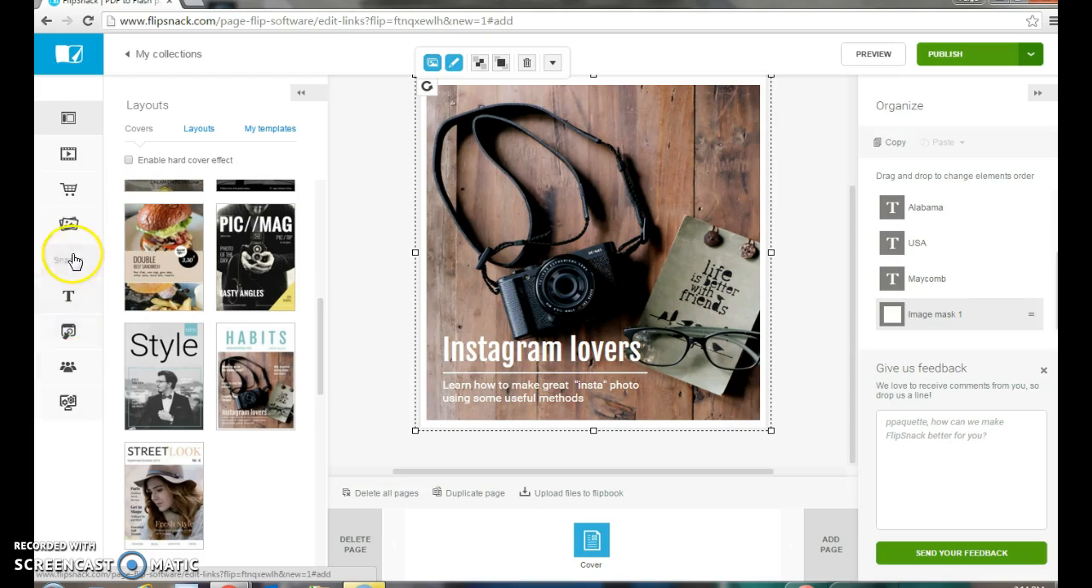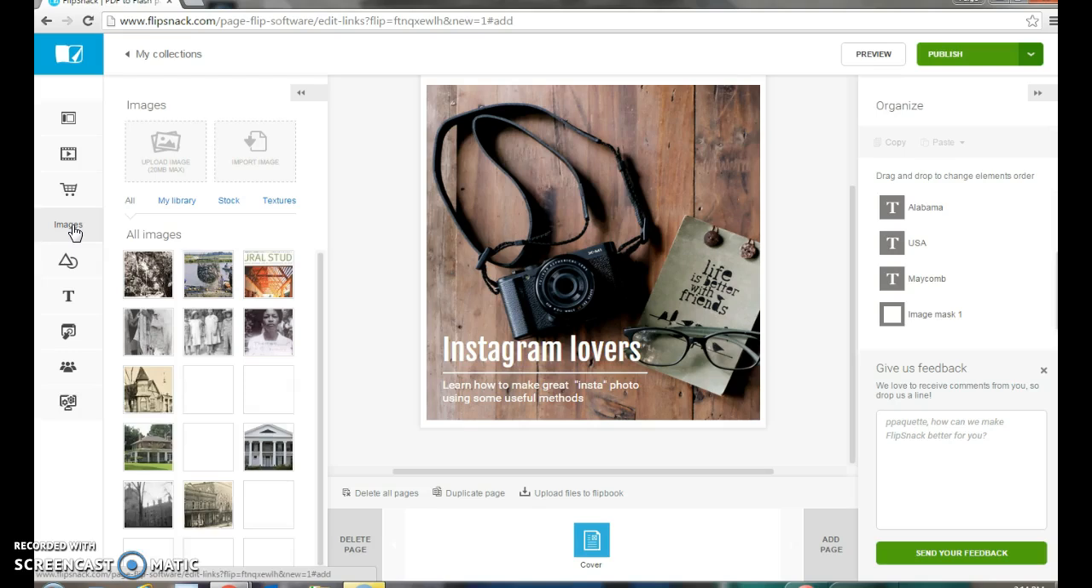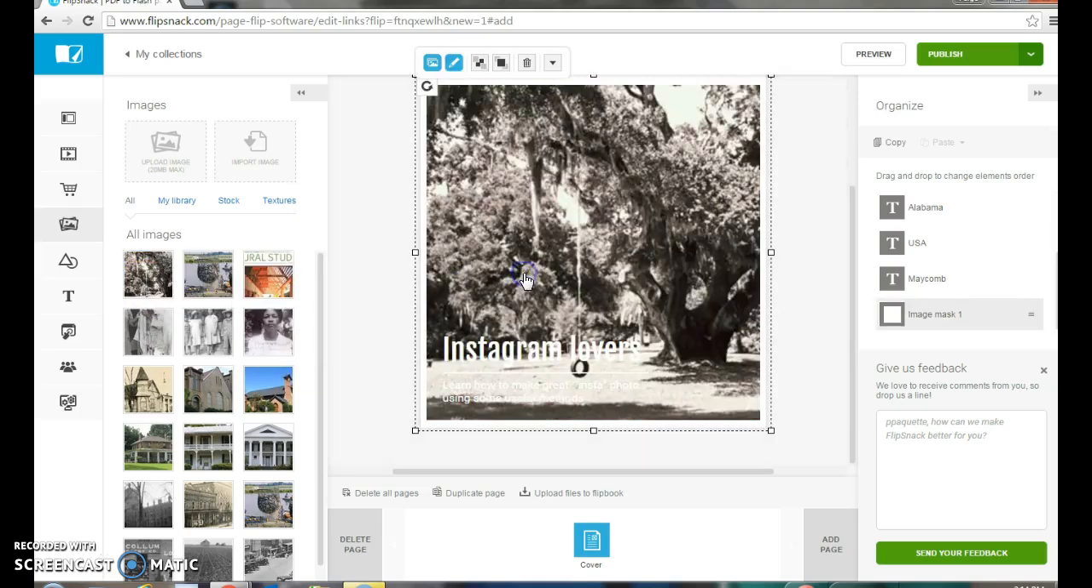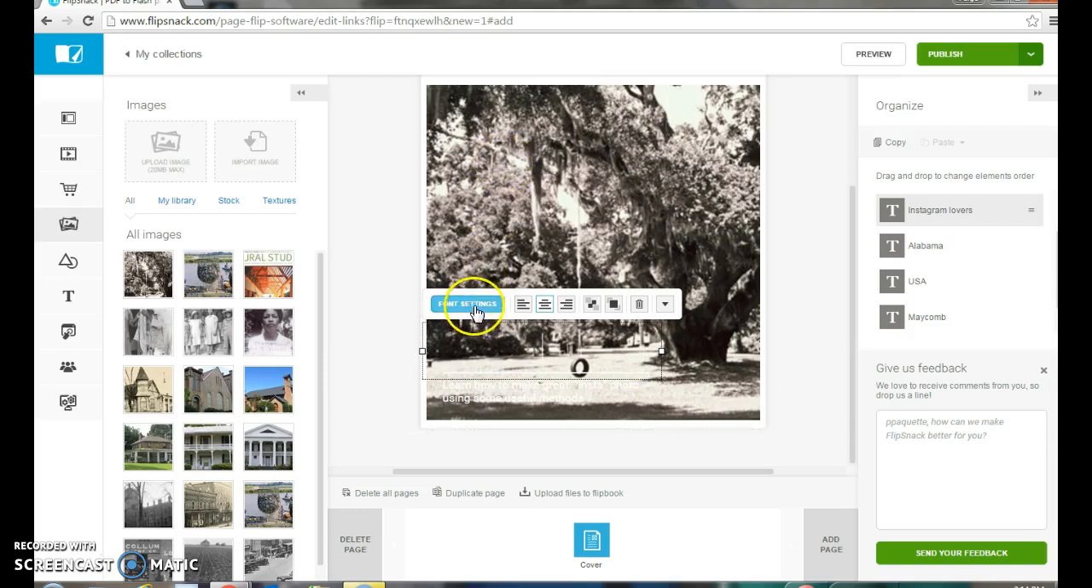So it's very self-explanatory. So I'm going to pick images. And I've already pulled up the image. I just went into images in Google and saved it to my computer that I wanted to use. So then all you have to do is just drag and drop it. And there you go. So now I'm going to go in here and I'm going to change this